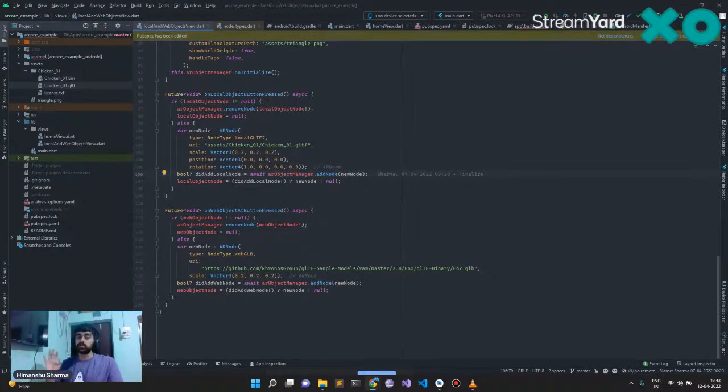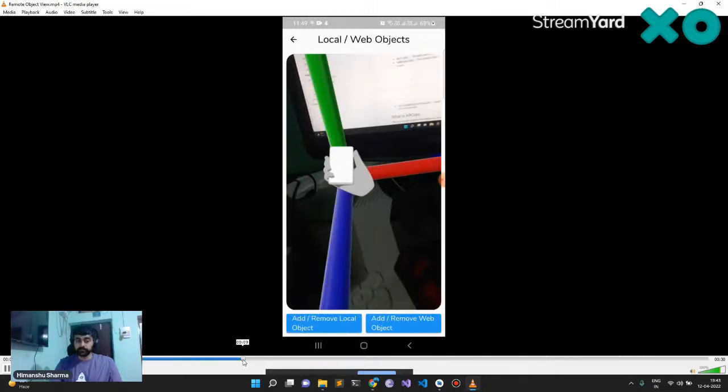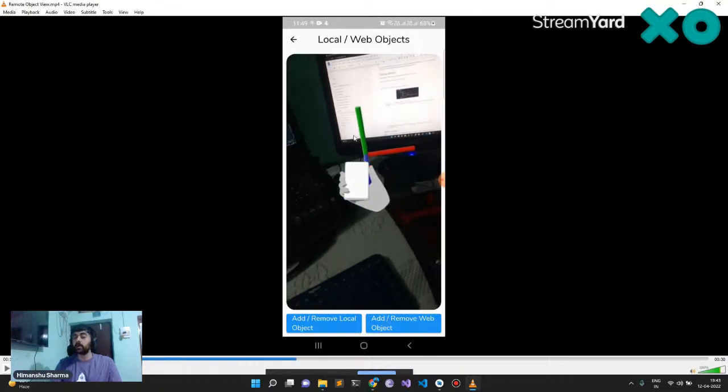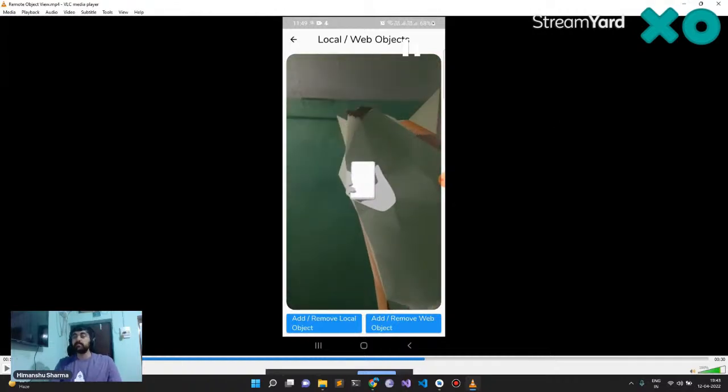Okay, so what do anchors do? This ensures the orientation, location, or placement of a particular object stays consistent as the environment changes. As I displayed in this video, I think this is a remote one, I was quite close to it. Now I'm zooming out, zooming out, zooming out, but it is learning about the environment and keeping the position as it is, where it was defined in the first place. And now, after clicking, the object will be displayed over here. So that's how you can use anchors, and more usage can be using a plugin,